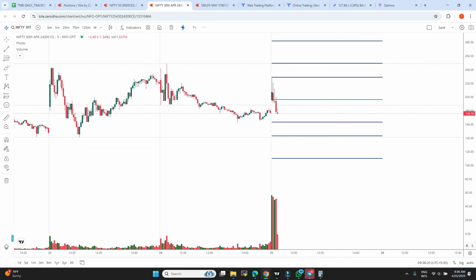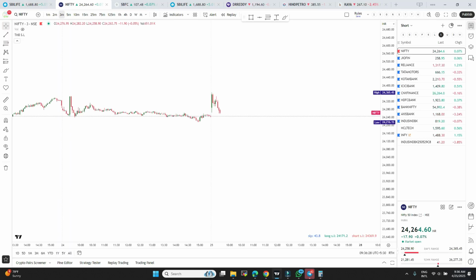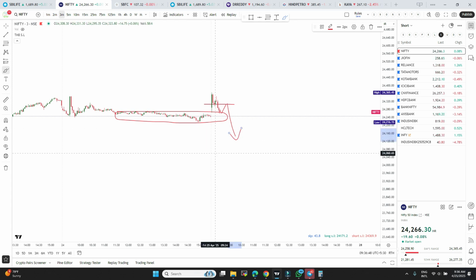Okay, what is it now? 176. This is also going to break it, it seems. We have to see how this is going to go. Here the day low is there, previous day close is there, and also a long consolidation was there here. To break this consolidation, it may defend here, go for the retest and fall. This is what I am expecting here.